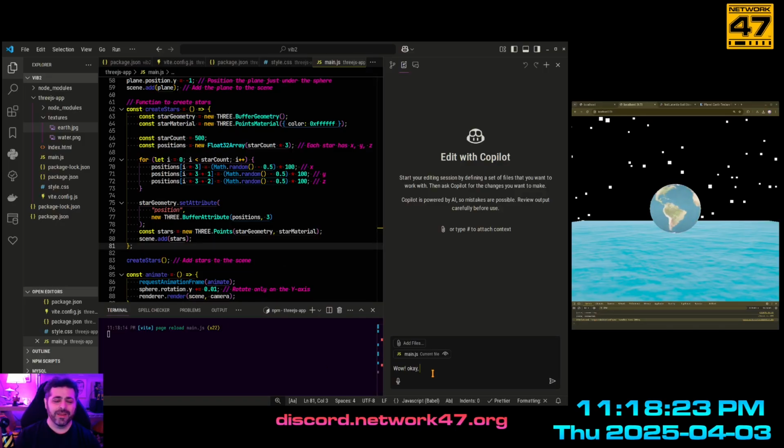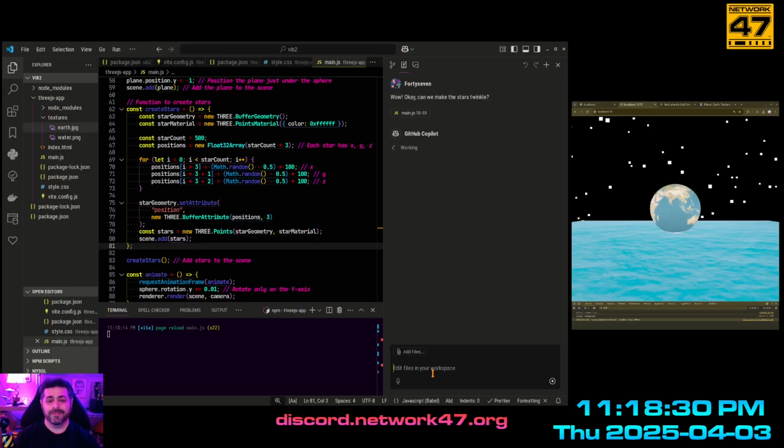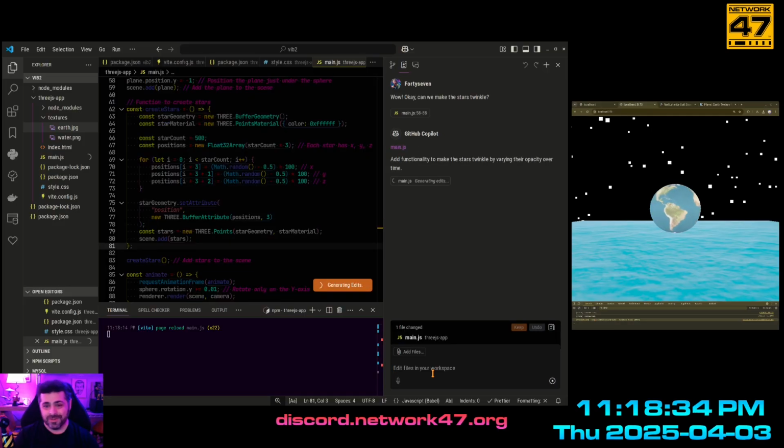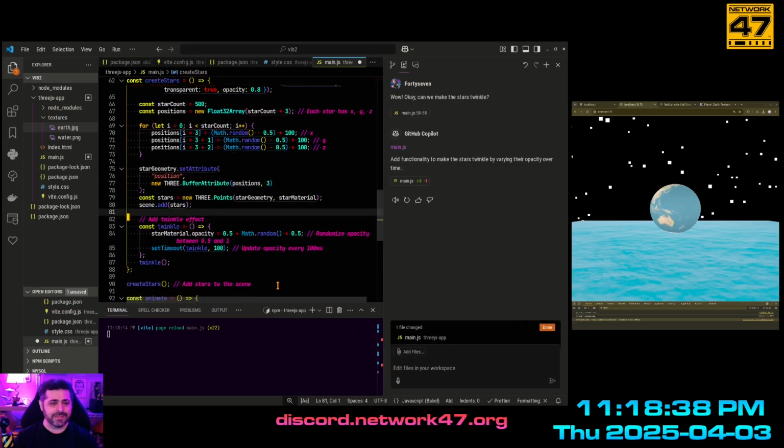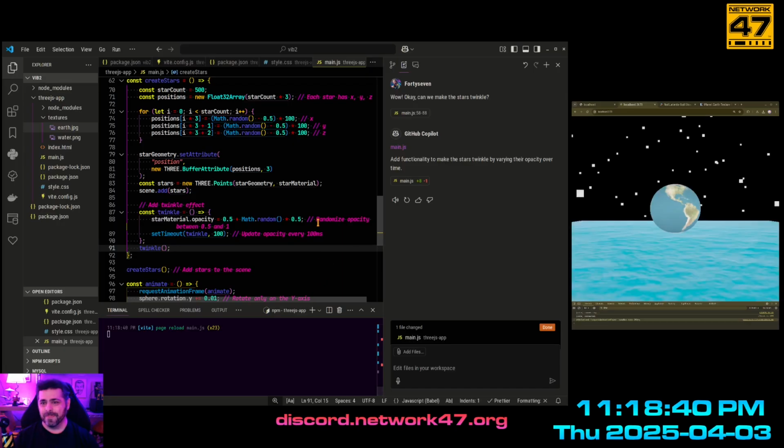Wow. Okay. Can we make the stars twinkle? Now I'm letting it figure out how it's going to do twinkling. Let's see where it goes. It says it's going to try to do opacity. All right. Yeah, kind of. Awesome.